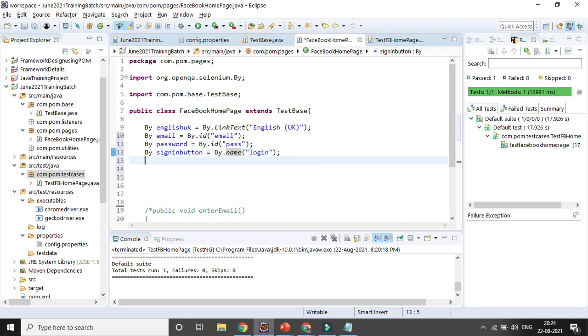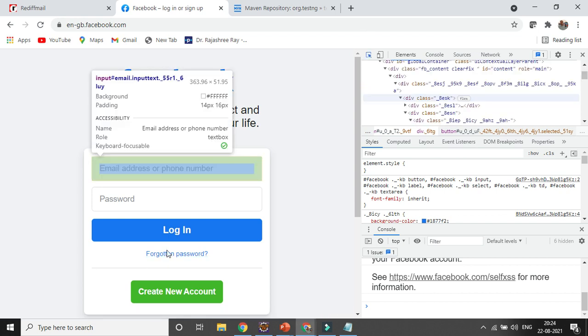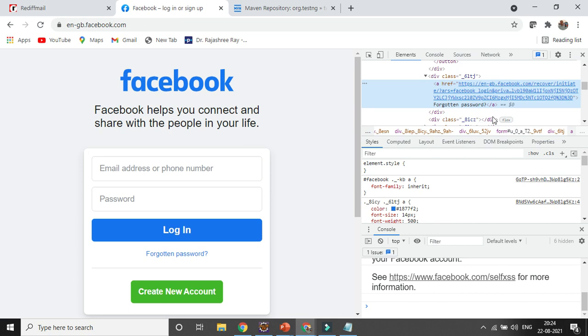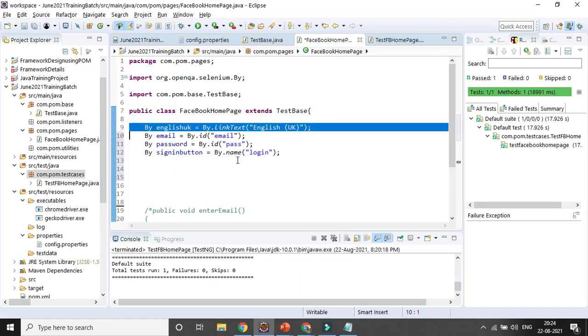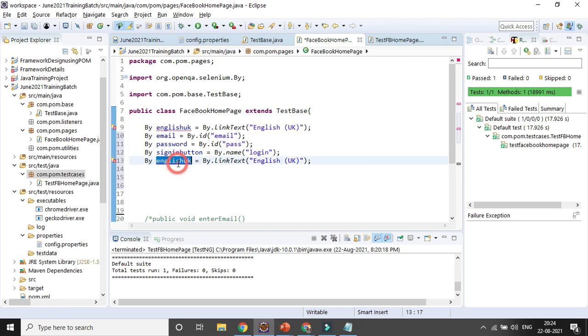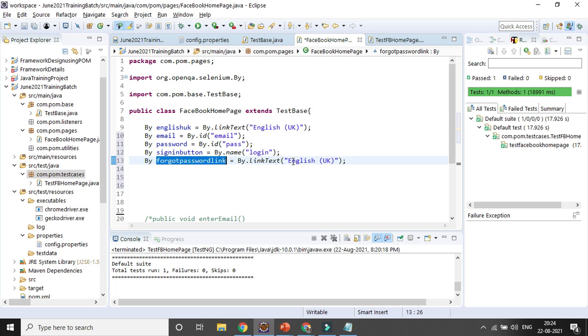Then after that I can go with the forgot password link. It is also a link here, so I can go with link text. This is forgotten password, so I can go with that link text. Forgot link. Do not give any space in the variable name, please remember.